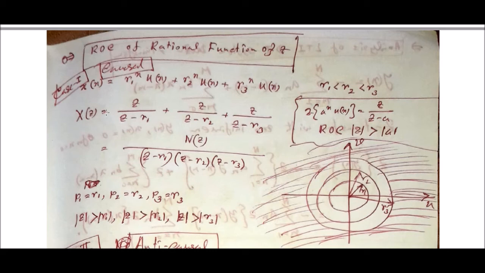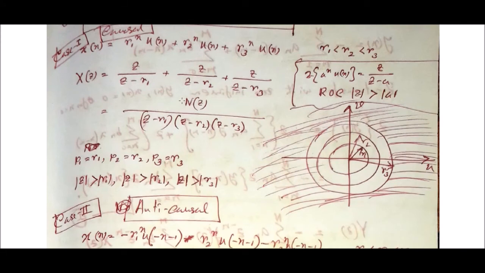So the z transformation of this term will have this kind of form. This term, which has already been shown earlier, will be the form of the z transform of this one, and this will be the form of the same forms. Only the radius values are different. Now the numerator will actually be z cube, denoted by N(z), and the denominator will have three factors.